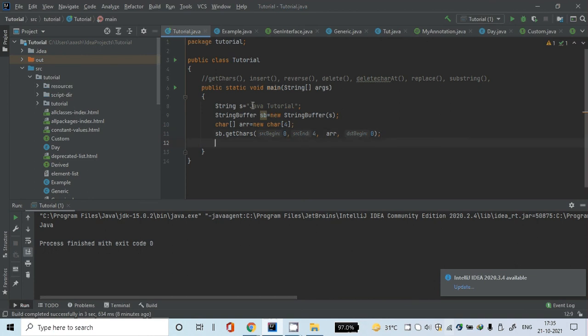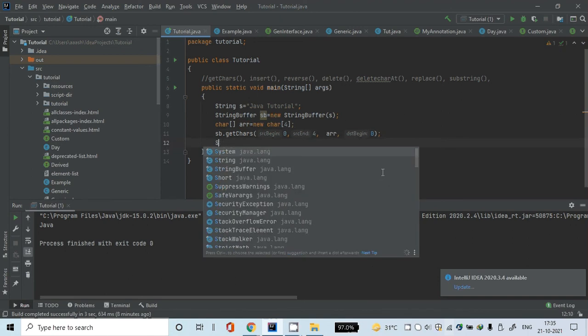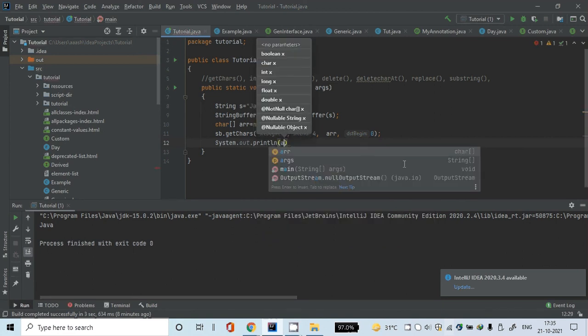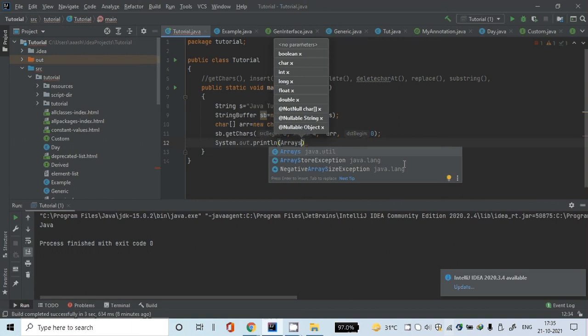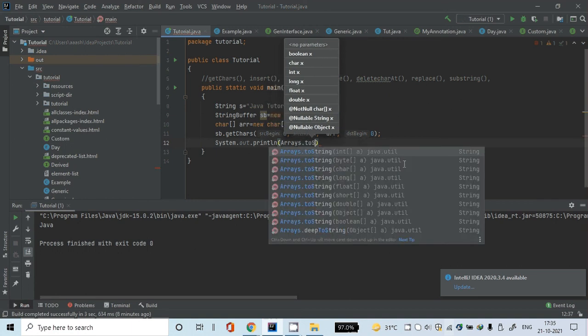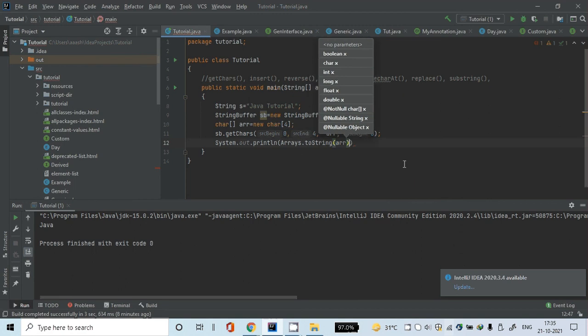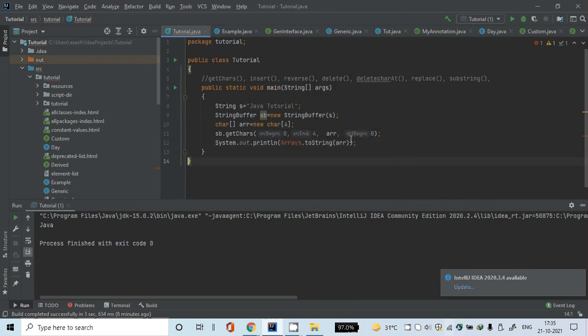So now this particular Java gets stored in EARR, okay, which is the array. And now we can simply print this array. Okay, so printing the array is going to be very easy. System.out.println, Arrays.toString(EARR). Okay, so this is one of the ways to print an array, and I need to import that particular